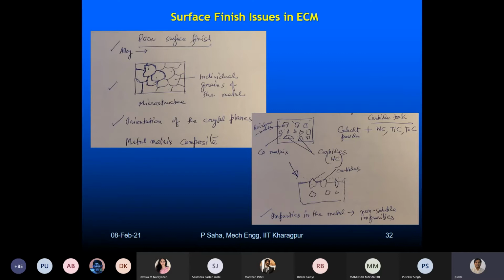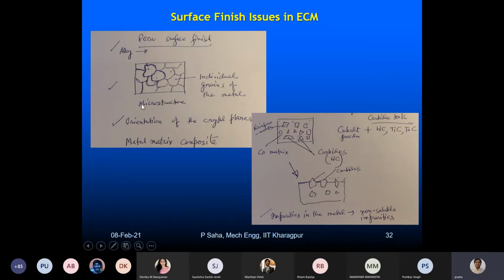So although you are machining the alloy at a constant voltage or constant current, practically the response of these alloying elements to the given conditions is different. So the local material removal rate may change. For an alloy, the surface finish will be a little pitted. Local pits may be generated. Although it is supposed to be a homogeneous solid solution, it may not behave that way, because alloying elements may dissolve at different rates.